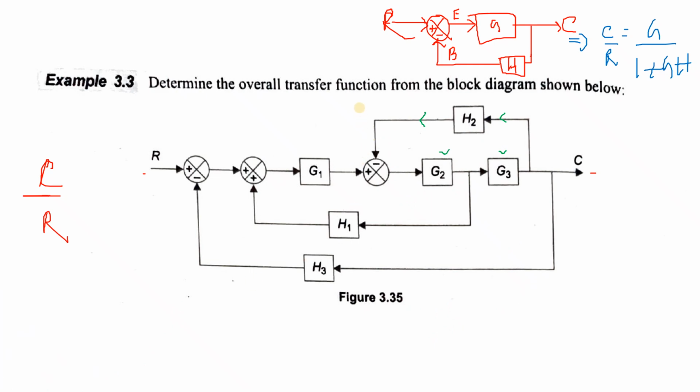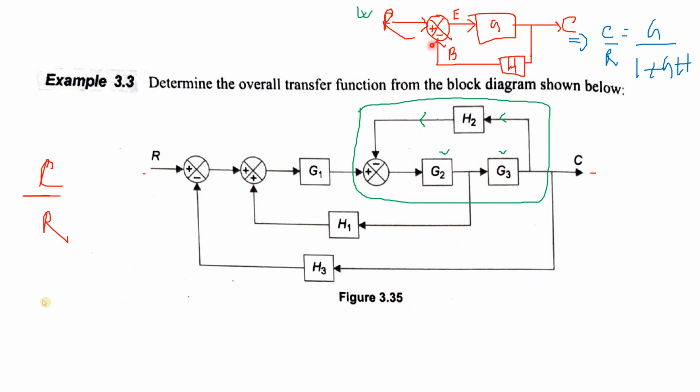Now, if I talk about this particular loop over here, if I concentrate on this, it is very similar to this, isn't it? H is downwards actually, but over here H is upwards, but there is no problem. It may be like this. Whatever it is, it is very similar to this. That means, how to proceed if you have a complicated system like this? First of all, you have to check from the right hand side. Generally it is checked that way.